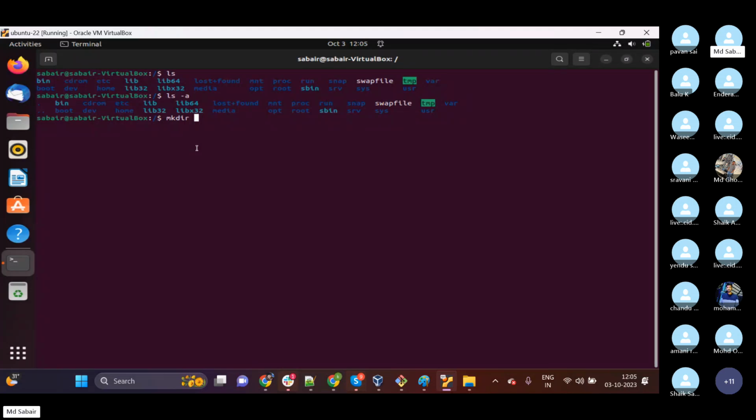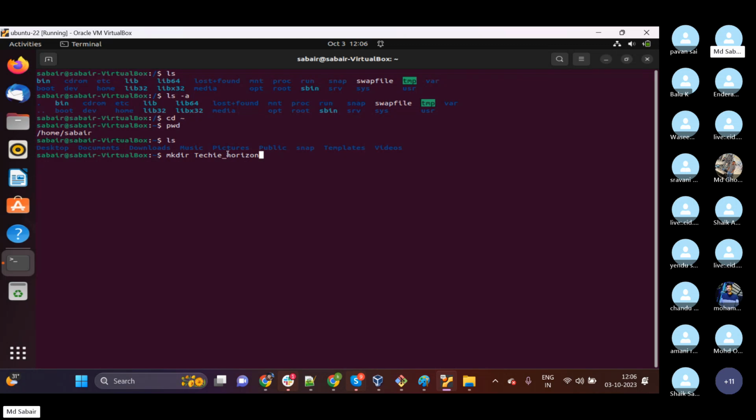If you want to create any directory, then we can use the mkdir command. I want to create a directory, but not at this location. I want to create it at the home location. With cd I'm now in my home location. If I do ls, the directories available are Desktop, Documents, Downloads, Music, Pictures, Public, snap, Templates, Videos. Now I want to create my own directory. How to do that? mkdir and then the name, for example techie_horizon.